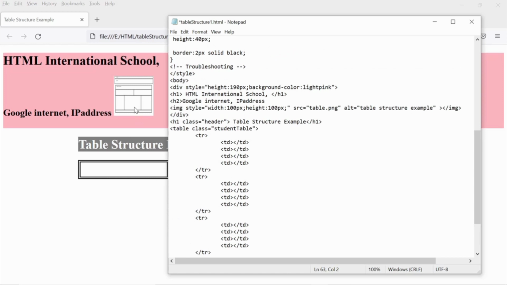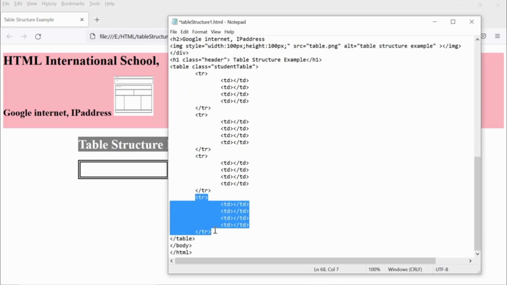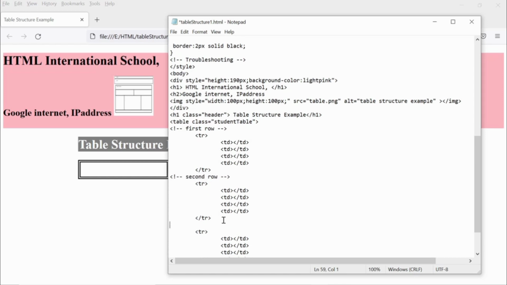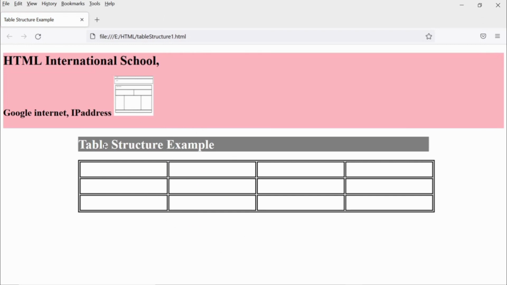So let's make the 3 rows first. Let's add some information to each row, that this is going to be the first row and the one below is the second row. Let's copy it and paste it to the second row, write second in place of first, and then paste it to the third row and replace first with third. For the predefined tag td I already have it. Let's see it first: 3 rows displayed with 4 columns each.